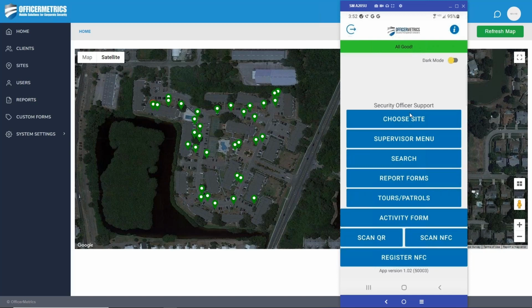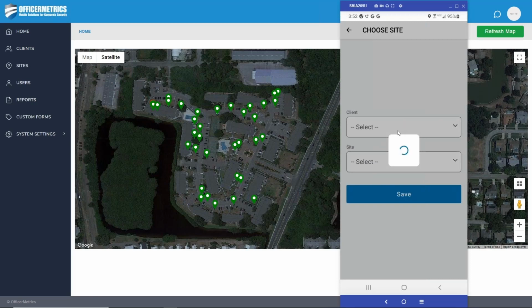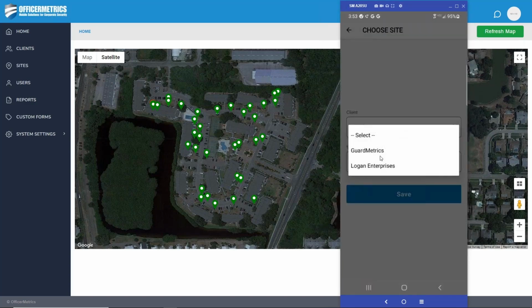Now, Choose Site and Supervisor menu, those are going to be there for the officers and managers who you've given that permission level. Level 1 and 2 managers automatically have these functions, and we'll cover that in the management piece. Choose Site allows for the supervisor or manager to choose from all of the sites that they have been given access to. So you're going to see there is now another site in here called OfficerMetrics,